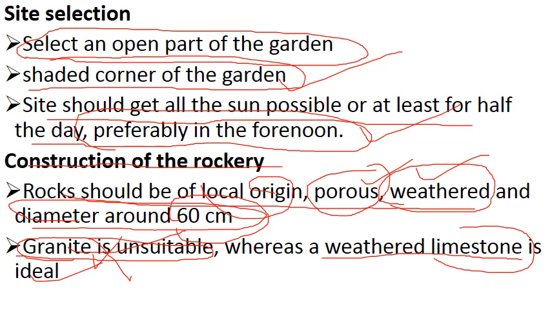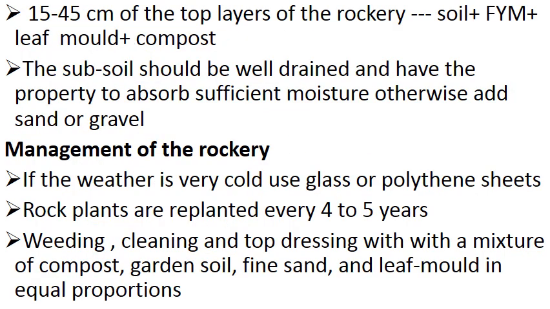Limestone is very ideal. Limestone is white in color. You can find this on the seashore and many river banks. For better growth of the plant, we should put top layers of about 25 cm around. You should put a top layer having soil, FYM, leaf mold, compost, etc.